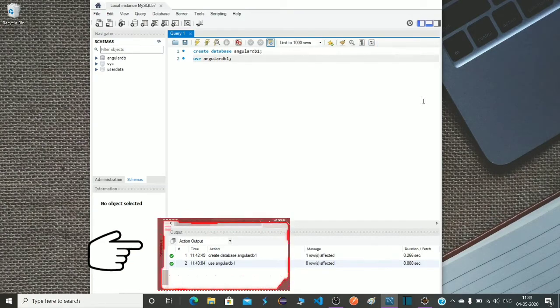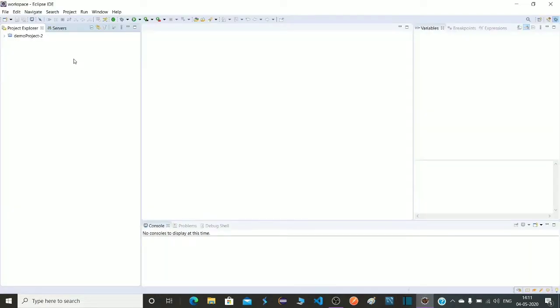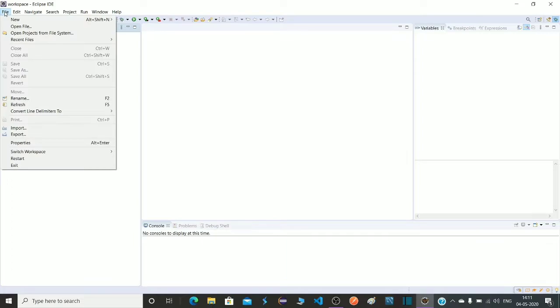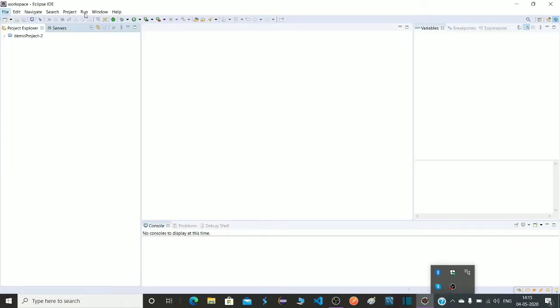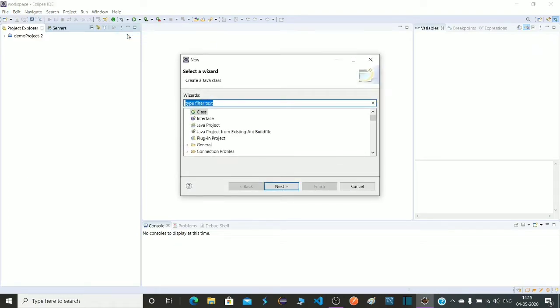Now let's go to Eclipse, go to file, click on new, then other, search here Spring Starter project. If it is visible, it means you have the STS plugin. If suppose it is not visible, then add the STS plugin in your Eclipse and then try.